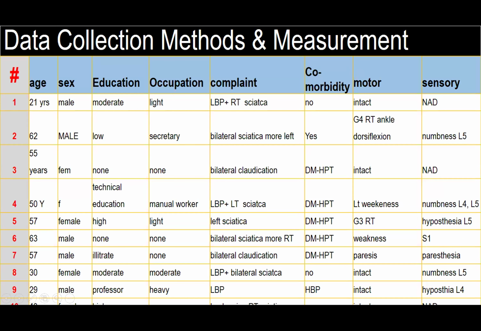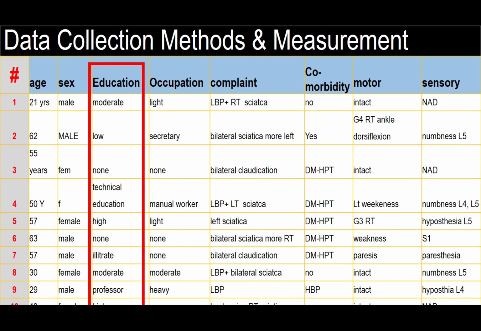Yeah, so I'm going to start by showing you this example, this data that was sent to me to analyze. If you look at this data, look at the way the age variable was entered into the Excel sheet. You see that it's not entered in the right way. For case number 1, it was written 21 years, the other one 55 years. So it is not homogeneous. When data is entered in this way, it becomes very difficult to analyze it statistically. You need a lot of time to do cleaning of the data before analyzing. Same for sex. See, it is not homogeneously entered into the Excel sheet.